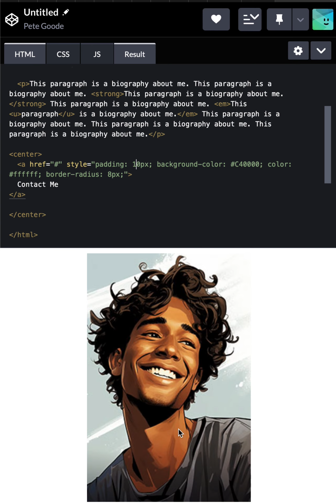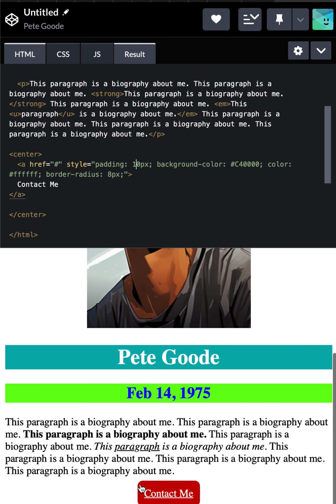So we've got this contact me button with a 10 pixel padding that puts 10 pixels from the far edge to this edge, 10 pixels here to the top, 10 pixels from the bottom to the bottom of the red, and 10 pixels on the far right-hand side. Okay, we've got a background color. Our background color is the red that I chose, which I just happen to know is a darker red, and then the color of the text is white, and then a border radius which gave us that corner rounded